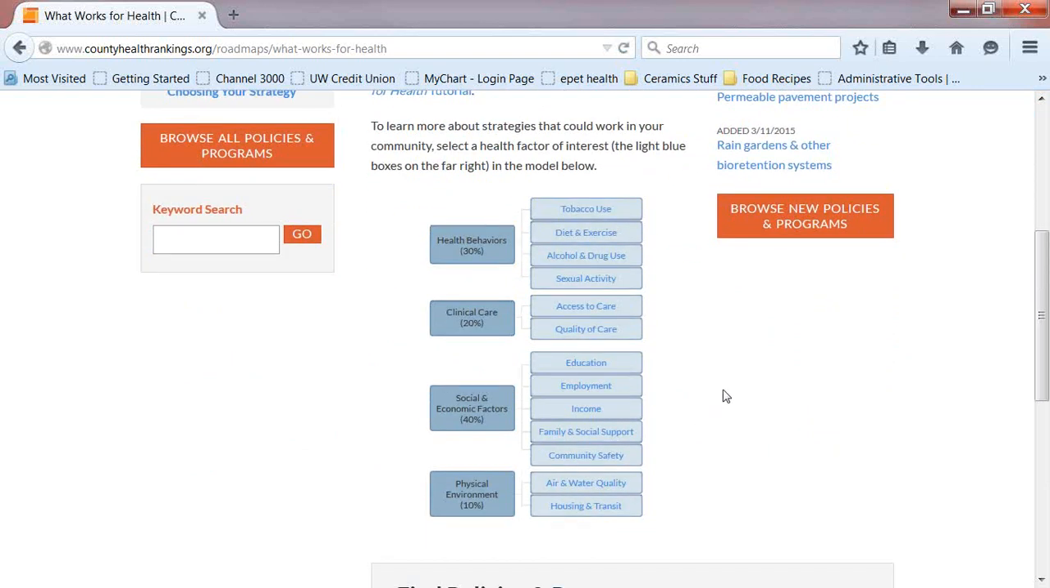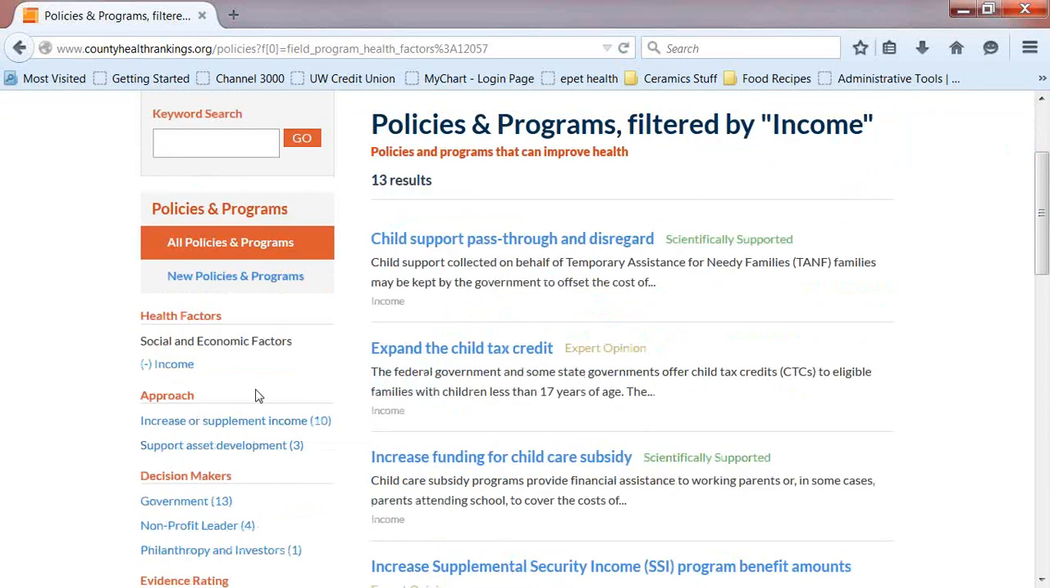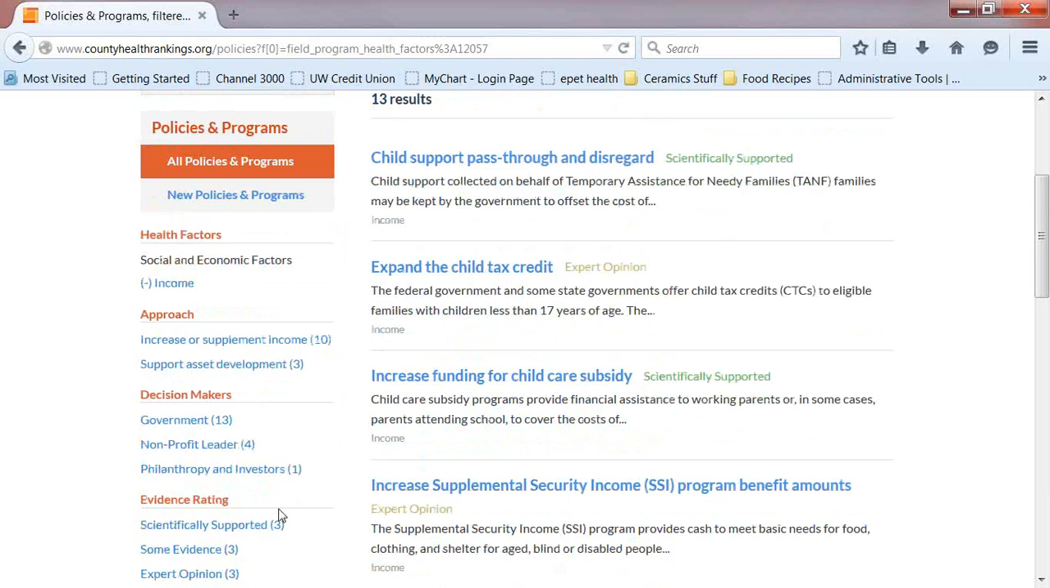Here's our model, and taking a look at the types of policies and programs, let's take a look at income. So I'm going to click on the income, and here we find 13 results. From here, you can filter your search by different approaches, by decision maker, or by evidence rating. So highest rated evidence, highest rated strategies and those that are rated scientifically supported tend to